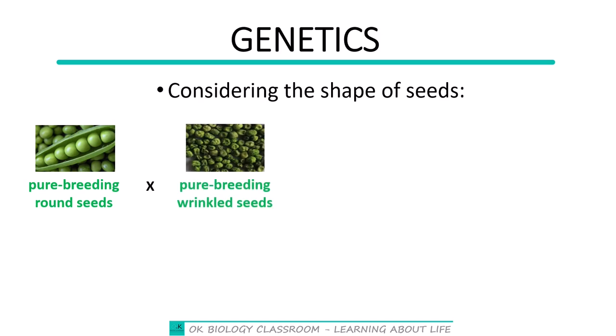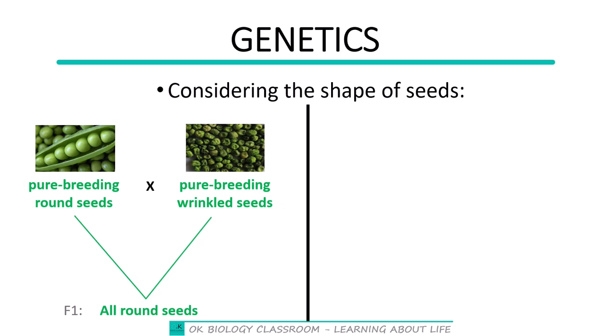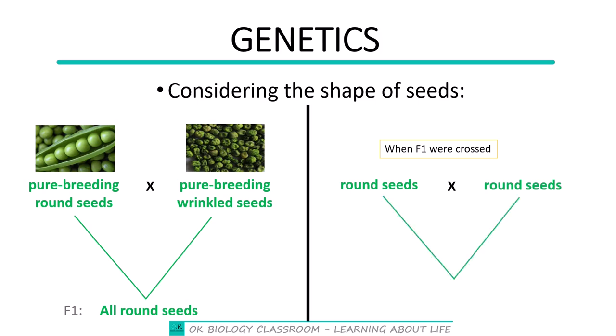Now, when Mendel crossed the pure breeding round seeds with the pure breeding wrinkled seeds, Mendel realized that all the offspring that were produced had round seeds. So that seems to follow the same pattern as the color of the flower. So Mendel again self-pollinated the F1 to see what kind of observation would be made among them. He self-pollinated the round seeds, and this was his observation. He realized that in the second generation, that is in the F2, it followed the same pattern of a ratio of 3 round to 1 wrinkled.